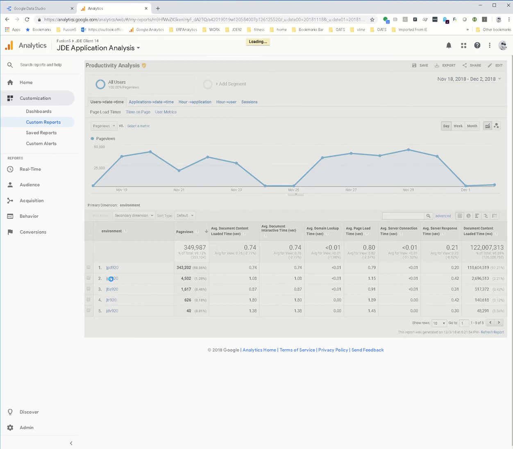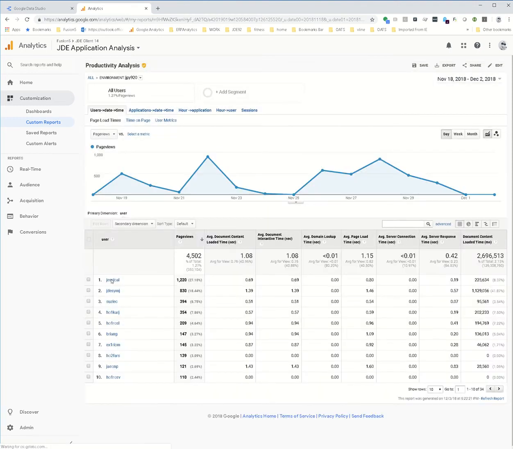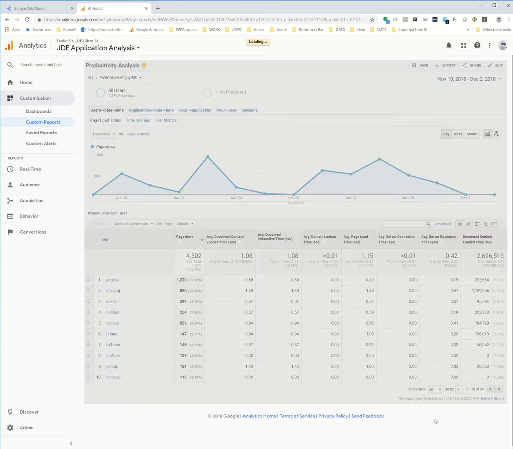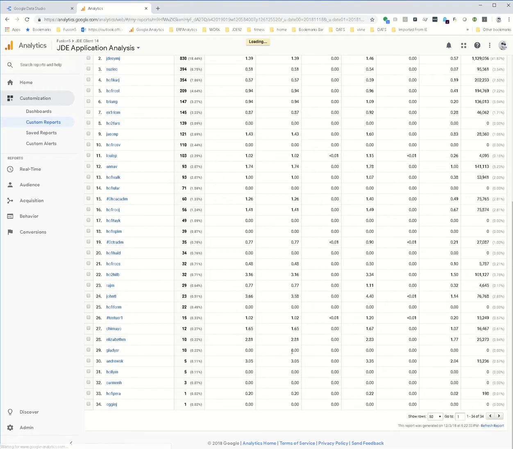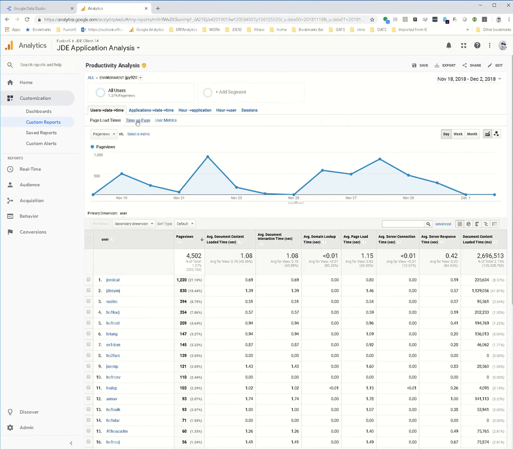So if I want to look at what people are doing in PY, I can click on PY and I can see the usernames and how many page loads these particular users have been doing. If I want to see all of those pages, I can choose all 30 and I can scroll down to the bottom of that list and see exactly what's been going on. Then I've defined the document content load time, and if you want to know what any of these things are, you just hover over the top and it gives you help on exactly what all of these metrics are. I find the really important ones are the server response time,